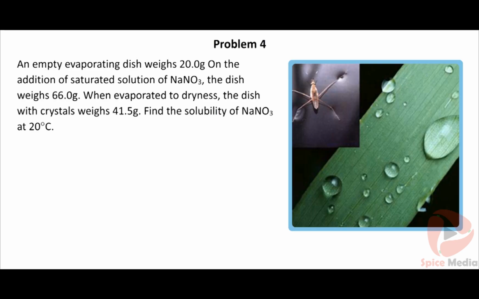An empty evaporating dish weighs 20.0 grams. On the addition of saturated solution of NaNO3, the dish weighs 66.0 grams. When evaporated to dryness, the dish with crystals weighs 41.5 grams. Find the solubility of NaNO3 at 20 degrees Celsius. Solution: